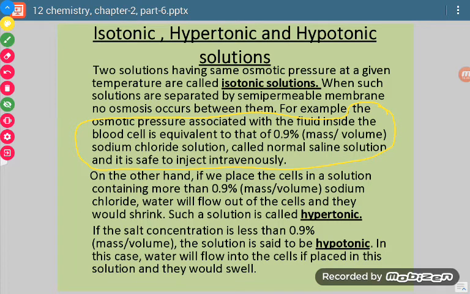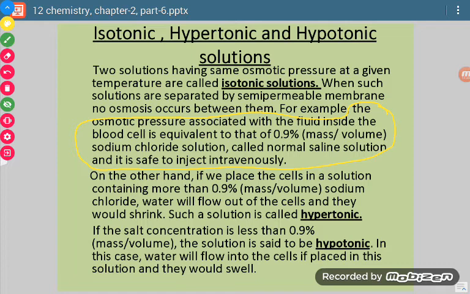The osmotic pressure associated with the fluid inside the blood cells is equivalent to that of 0.9% sodium chloride solution called normal saline solution. So it is safe to inject intravenously. So what is said is that the osmotic pressure inside our blood cells is equal to that of 0.9% sodium chloride solution. So these two solutions will be termed as isotonic. Now on the other hand, if we place the cells in a solution containing more than 0.9% sodium chloride, water will flow out of the cells